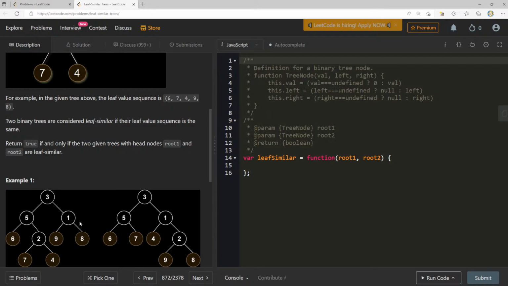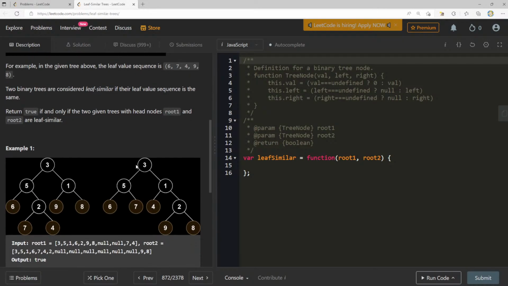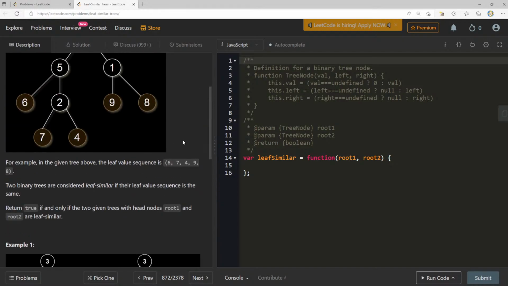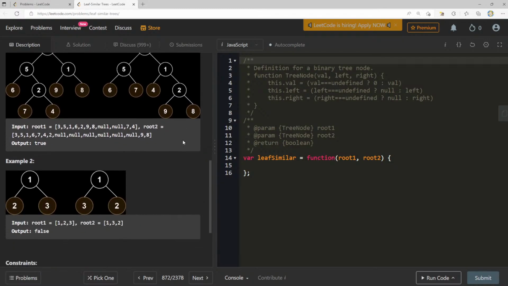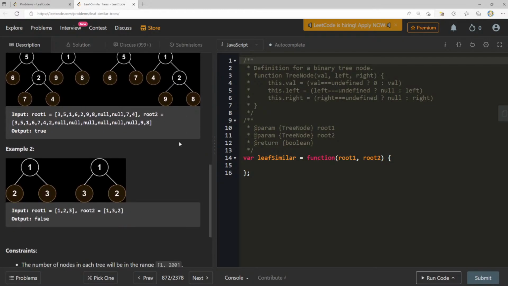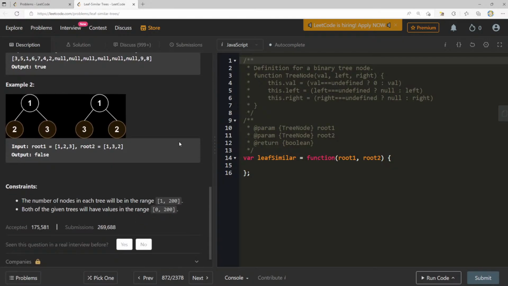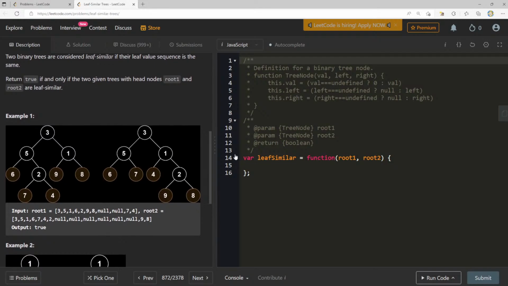Only when both... oh, but they're not going to be the same tree though. They're not going to be the same tree. So 1, 2, 3. Are they going to be the same number of nodes? No, this is a contrived example because the trees are the same. I think what we should do,